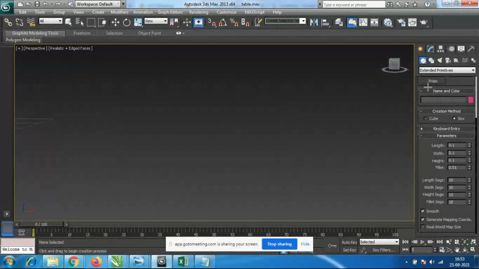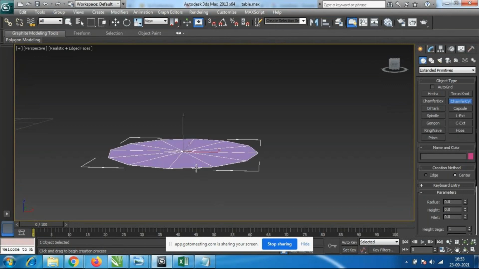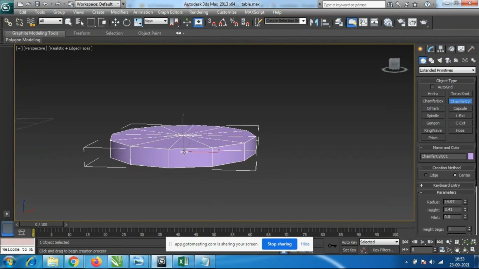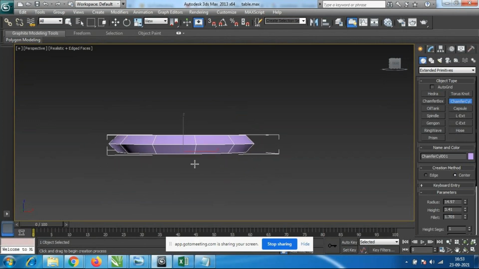Next we will go to, see here, we have the Chamfer Box option. In that only we have an option called Chamfer Cylinder. The Chamfer Cylinder option is there. Same thing, the box we have added. For that, again we have to make a circle kind of cushion, so at that time we can use this option. Okay, Chamfer Cylinder will be there.